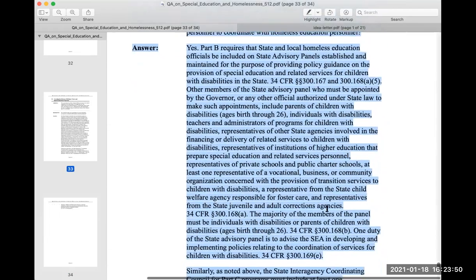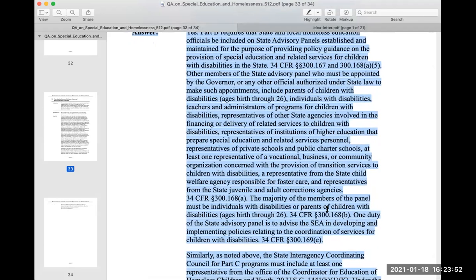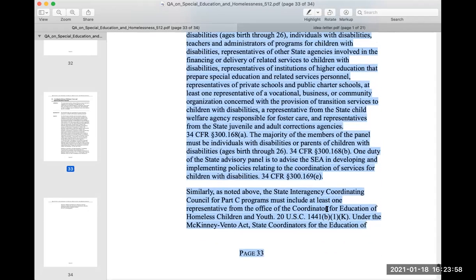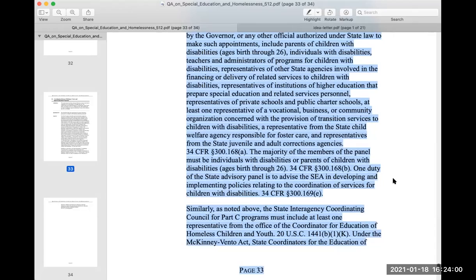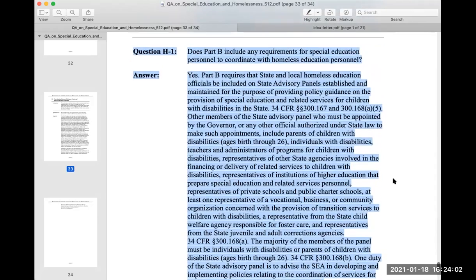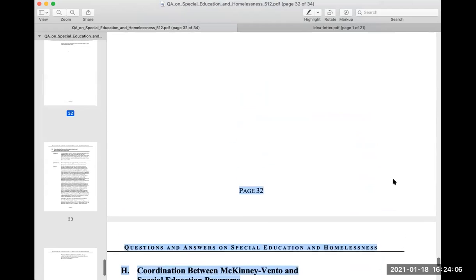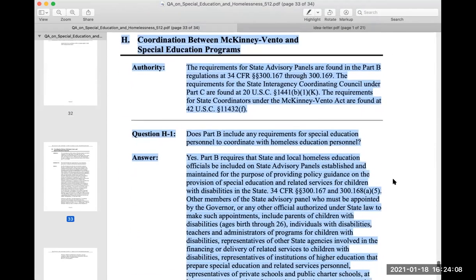The state's child find system provides that the state may conduct outreach to primary referral sources such as family shelters. For the question G2, answer. Question G3, answer. Page 30, Questions and Answers on Special Education and Homelessness. Homeless health service offices and public schools by providing these entities with public awareness materials about the state's Part 100 program. See 34 CFR paragraph